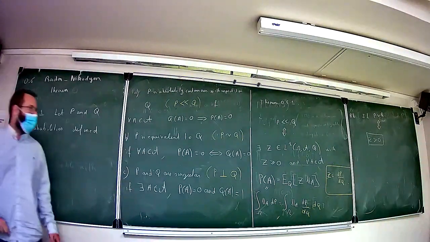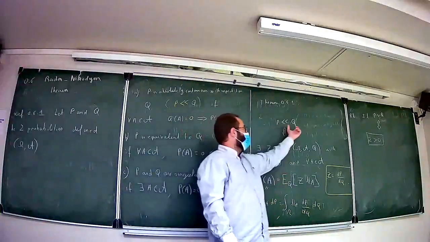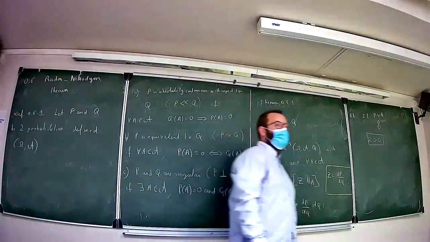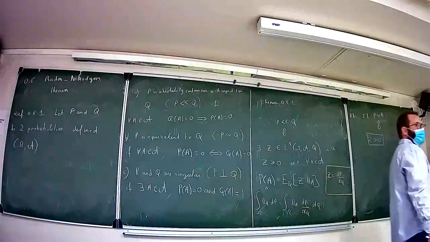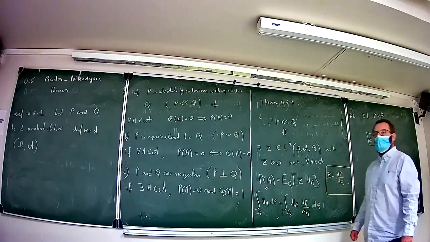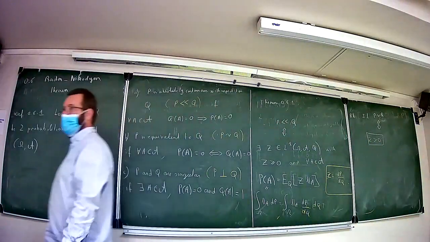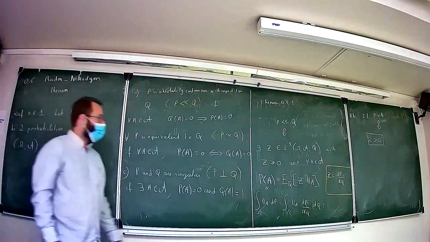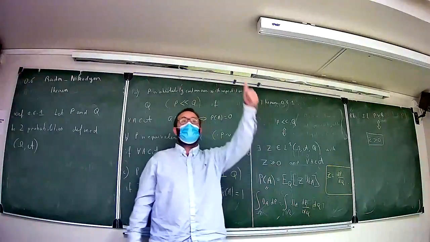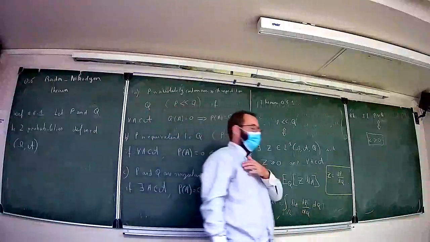I repeat, here I have stated the Radon-Nikodym theorem, that is for the characterization of what it is to be absolutely continuous with respect to Q. The Radon-Nikodym theorem tells you that to be absolutely continuous with respect to Q means that in fact you have a density with respect to Q. A density is just something that is positive with an expectation equal to 1. It's the definition of a density.